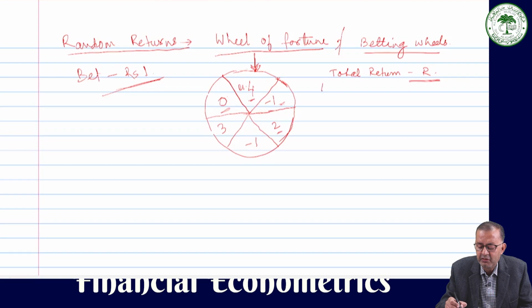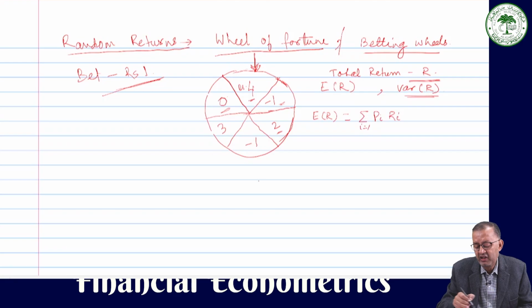Mean value of return means the expected value of total return, and the variability of return means the variance of the total return. So what is this mean value of return? Expected value of R is equal to the sum of Pi Ri, i equal to 1 to